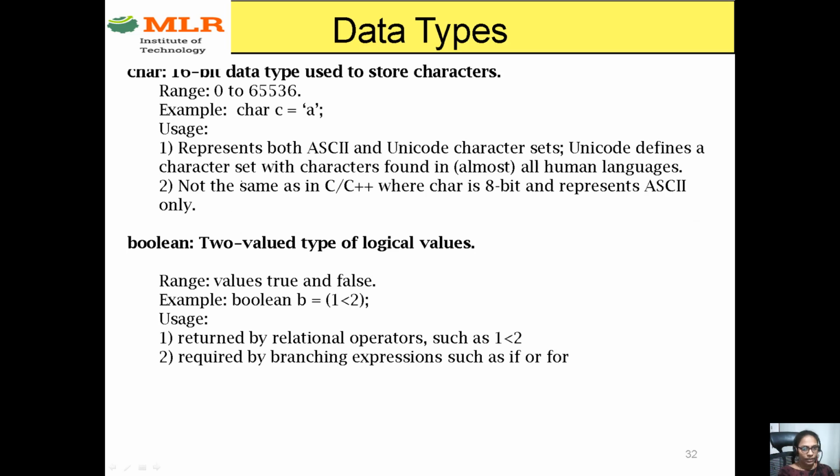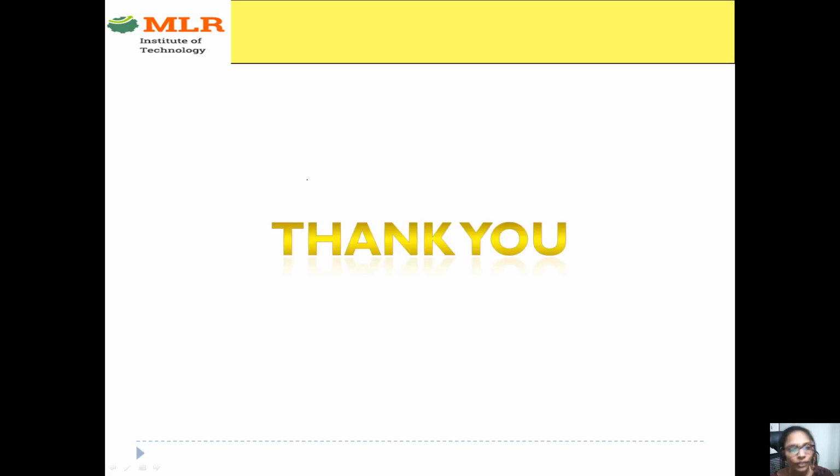And as we know, for characters it is 2 bytes, but characters don't have any positive or negative values, so it starts from 0, and that is 0 to 2^16 - 1, which is nothing but 65,535. So these many Unicodes we have, and each Unicode, each integer value, has an equivalent character value. And last is boolean, which has only 2 logical values, that is either true or false. So this is about the data types which are available in Java, and thank you.